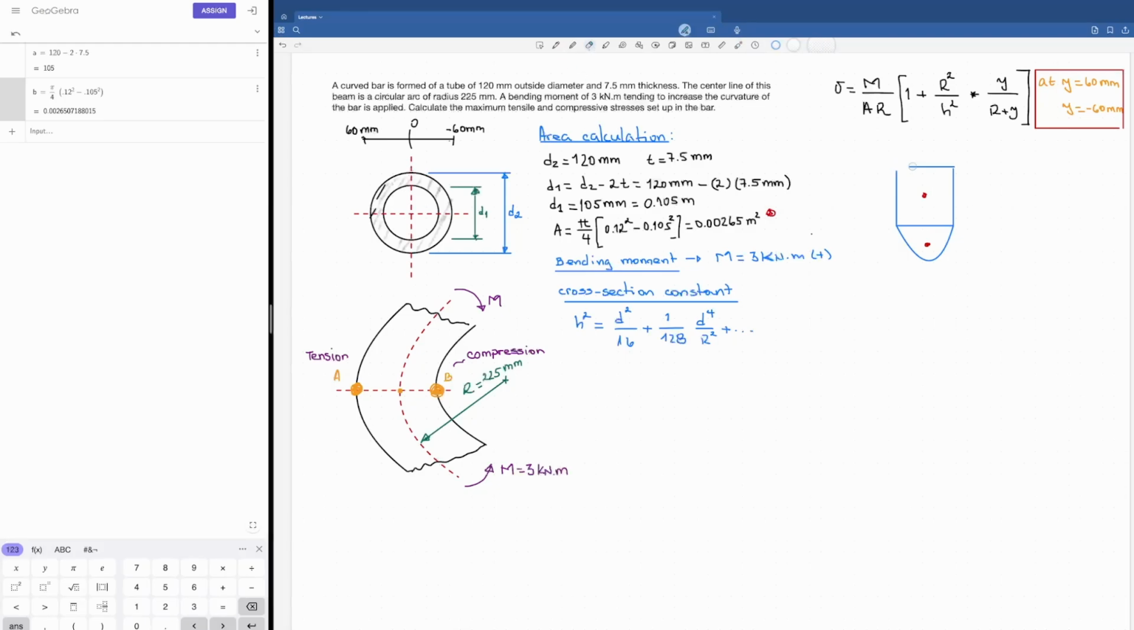Now I'm going to remove this because I don't need it. This was just for the explanation. And what relates those two cross-section constants, from the round cross-section of diameter D2 and the round cross-section of diameter D1, is going to be this. The total area times this cross-section constant that I need is going to be equal to the largest area times the cross-section constant of that largest area, minus the smallest area times the cross-section constant of the